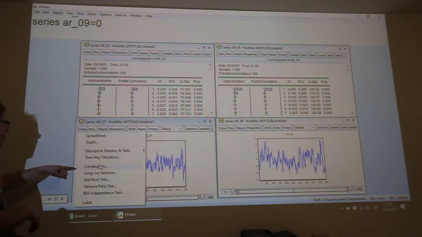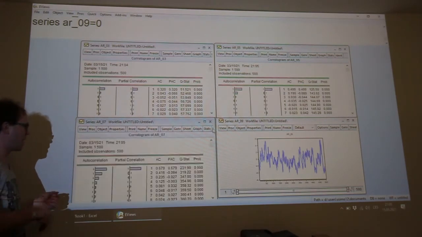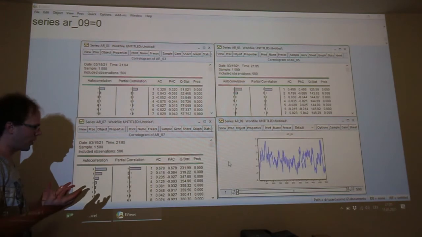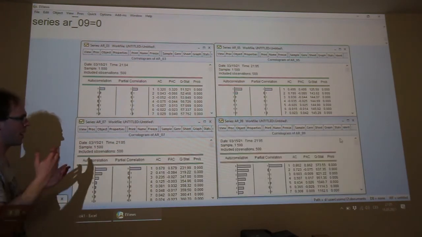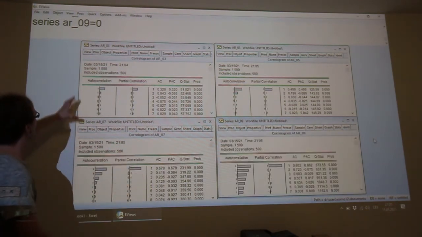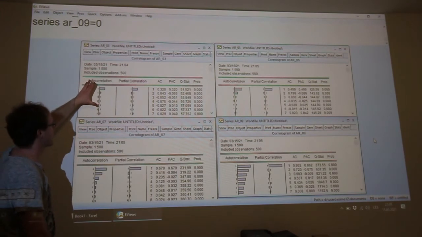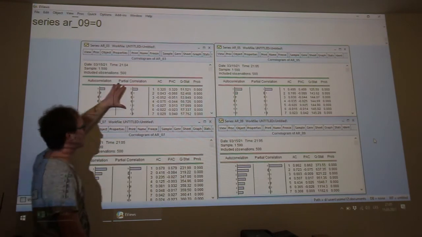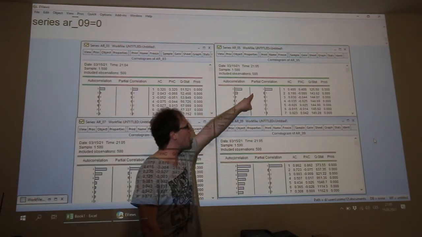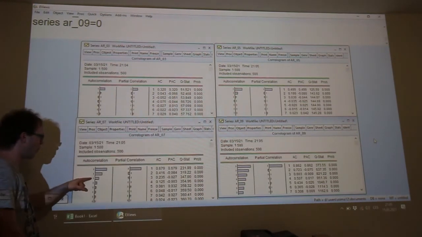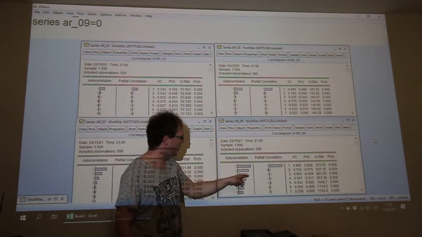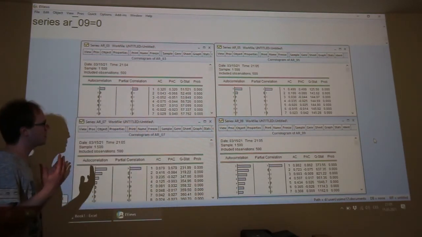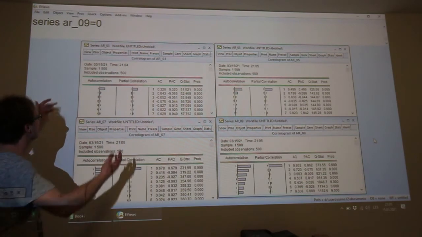Yes, view correlogram of level OK, view correlogram of level OK. Perfect. So there is the autoregressive process of the first order with parameter phi equal to 0.3, 0.5, 0.7, 0.9. What can you see here?